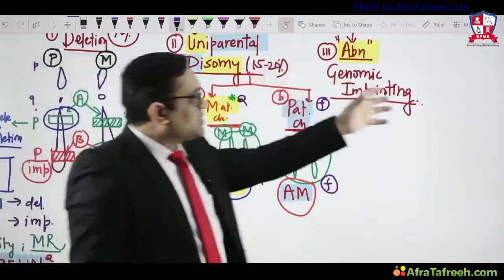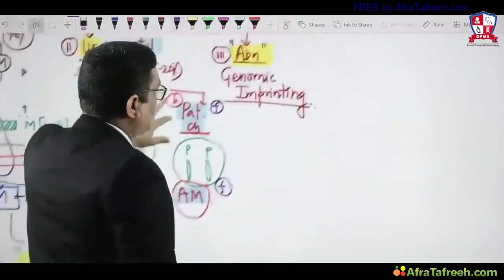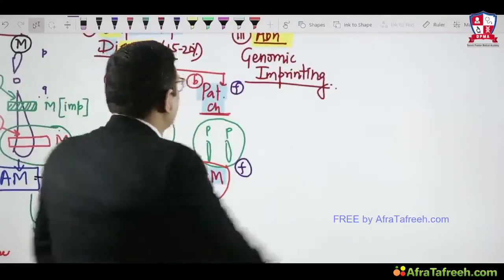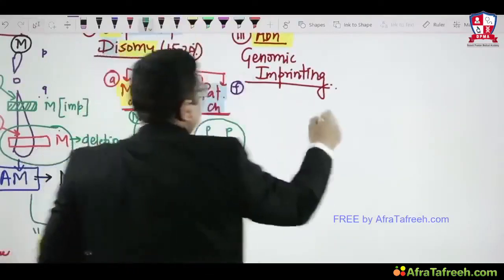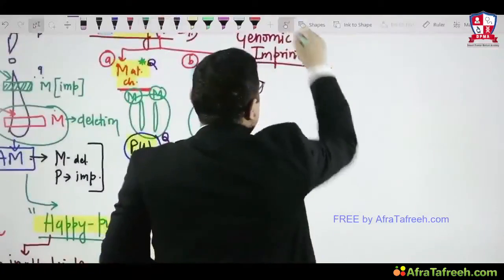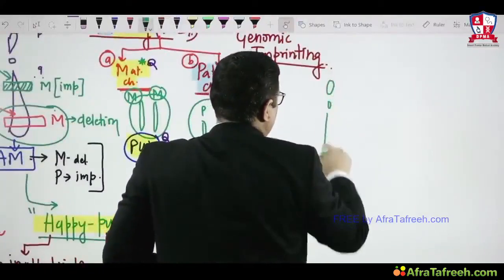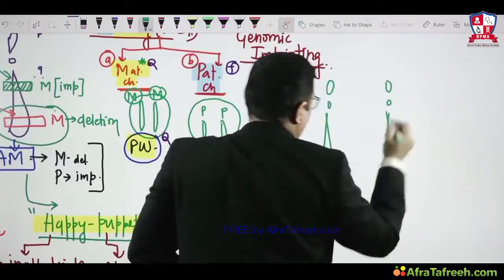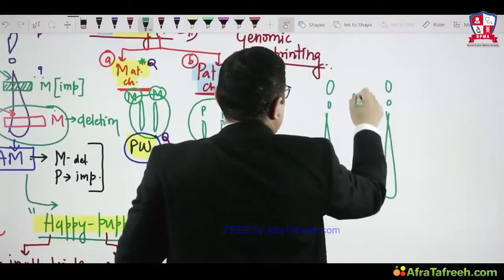Coming to abnormal genomic imprinting. Abnormal genomic imprinting, what does that mean? So now I am going to draw that chromosome again so that we can understand what abnormal genomic imprinting is. Suppose this is chromosome number 15, long arm, and this is the A gene